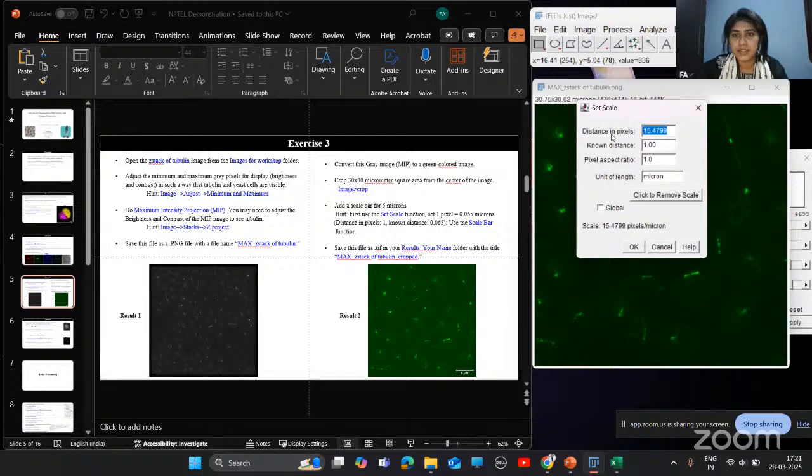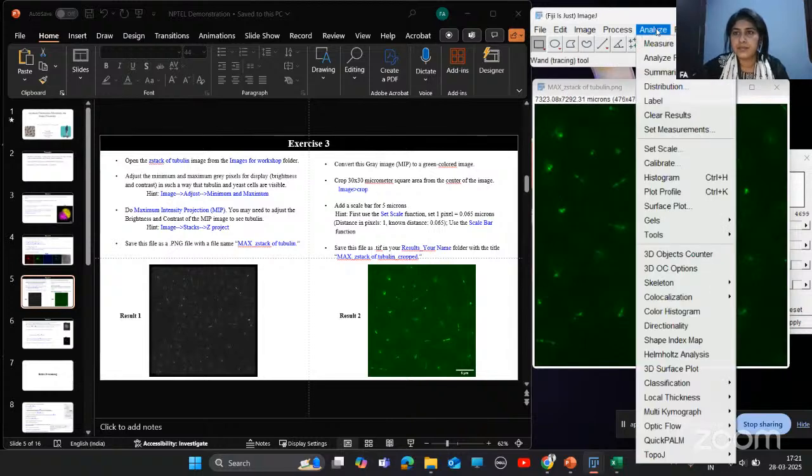So distance, okay, here we'll give this value, 0.065 microns, and this one is in microns. 0.065 pixel is equal to 1 micron. Okay, then I'll click OK.